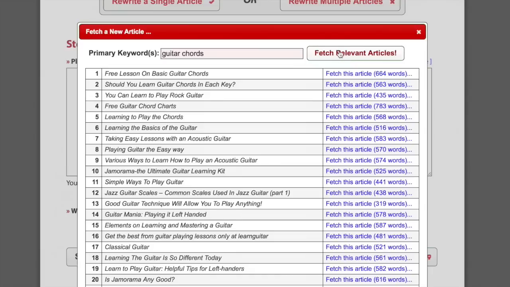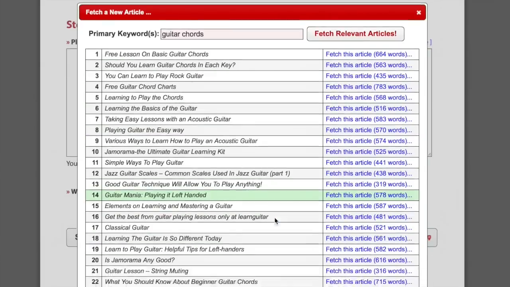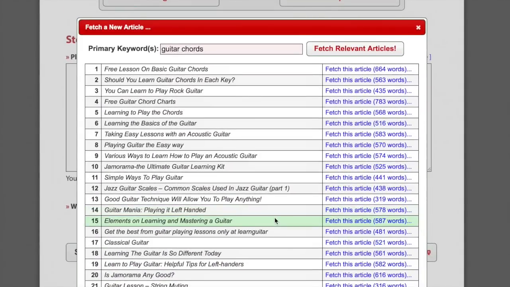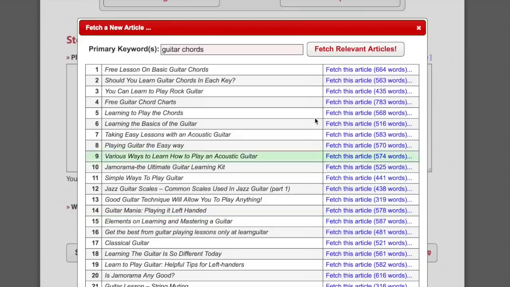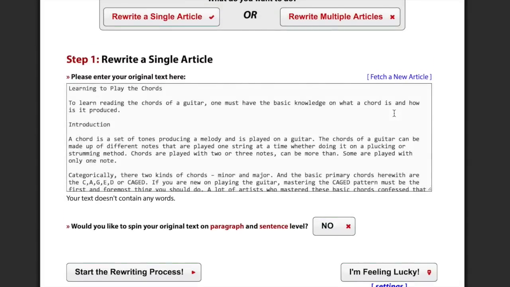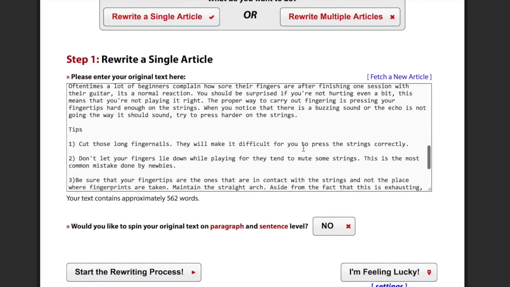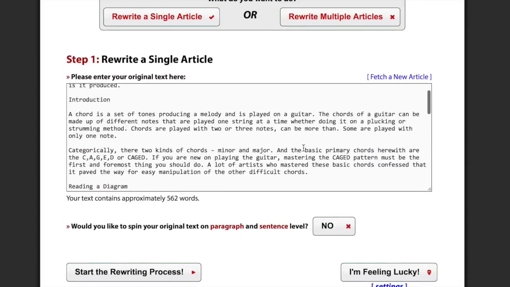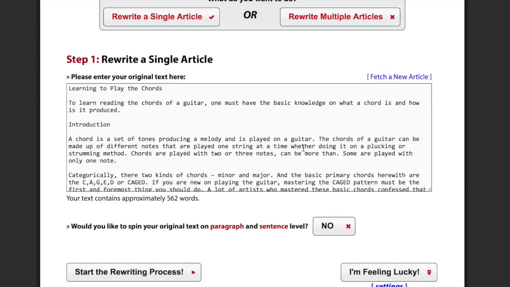And just a couple of seconds later, I get literally hundreds of articles about guitar chords. And let's say I like the look of this one. It says here it's got 568 words. Let me just click fetch this article, and here we go. We've got a brand new relevant article sitting right here in the input field and waiting to be spun into